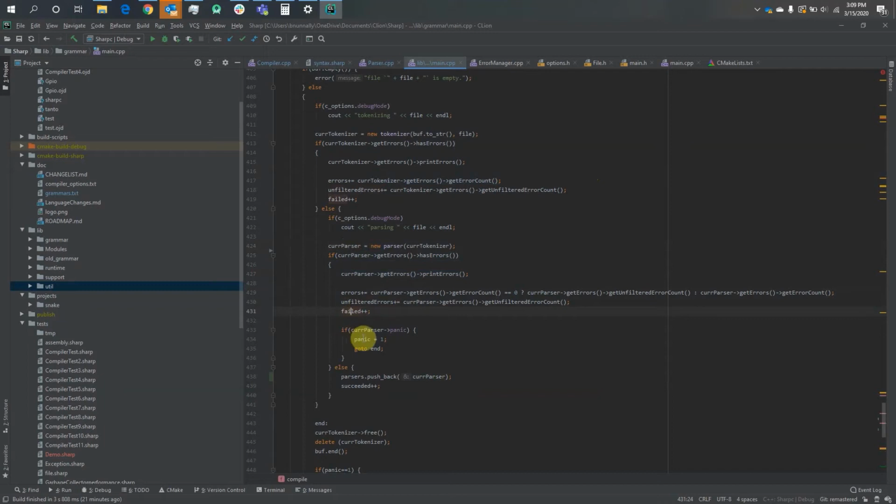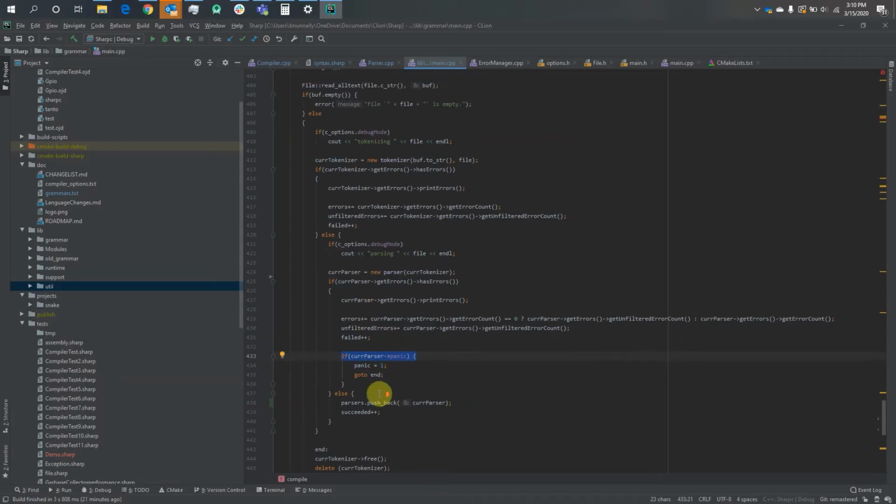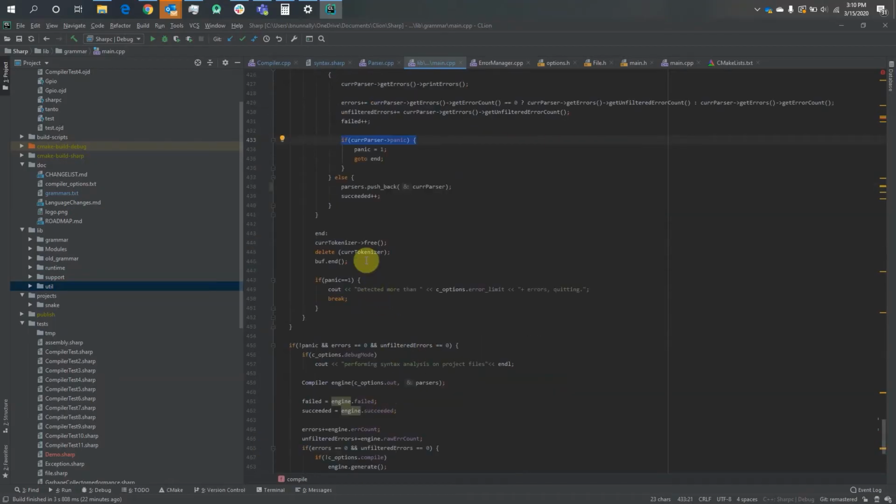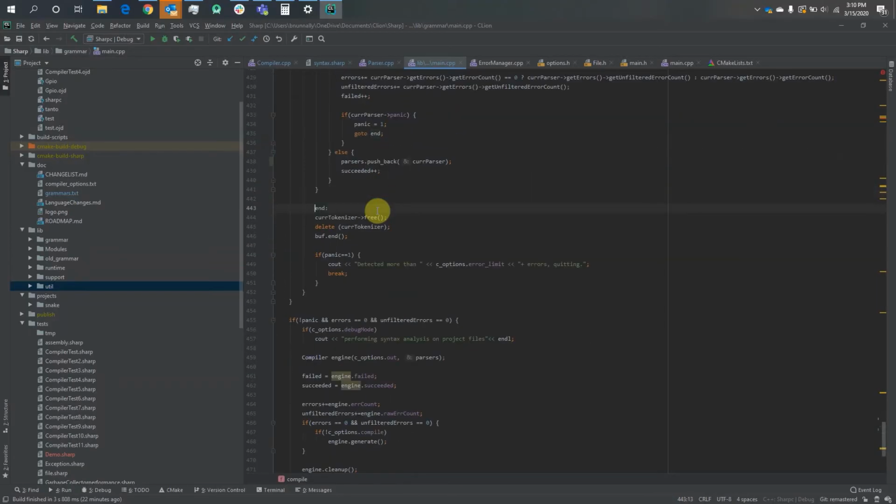And if it panicked, then we want to say panic is equal to 1, and we want to just go to n. So this is important, right? If anything panics in our code, if anything flips out like this, that means that we have too many errors that we came across, and something's obviously not right. So if our tokenizer panics, or if our compiler panics, that means that we just need to cease all compilation completely and we don't need to move forward, because I don't know, maybe they're trying to compile a Java file and this compiler is built for compiling chart files or something like that. So we just want to go to the end,